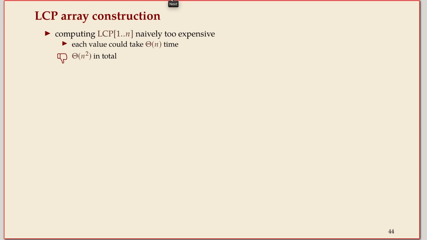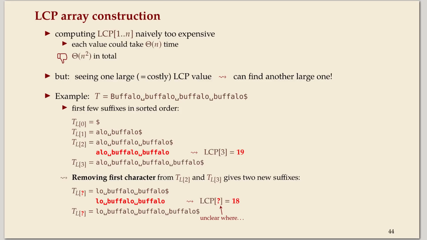That's great, because we know how to construct the suffix array, and I promised you at the beginning of this unit that we will eventually have a construction for the suffix tree also. But what's missing is how to construct the LCP array, because we needed both. Now you could just take the definition of the LCP array and try to construct it naively. But that's not a good idea, because that would mean now